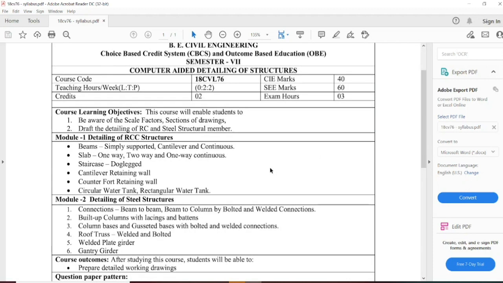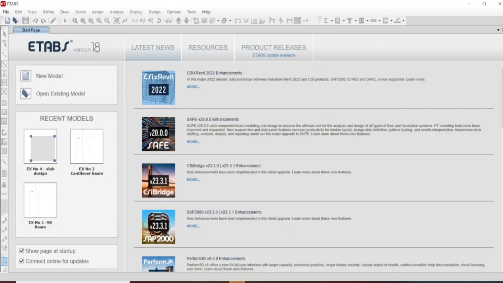This is as per Indian standards, and we have followed it to make the reinforcement detailing and draw the working drawings of a simply supported beam. In this session, we will be discussing a cantilever beam, how to design a cantilever beam and detail that. Let us see by using ETABS.